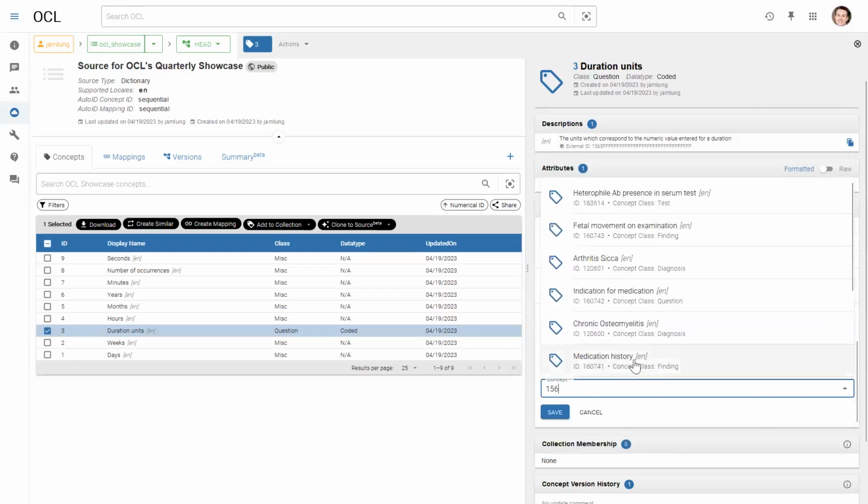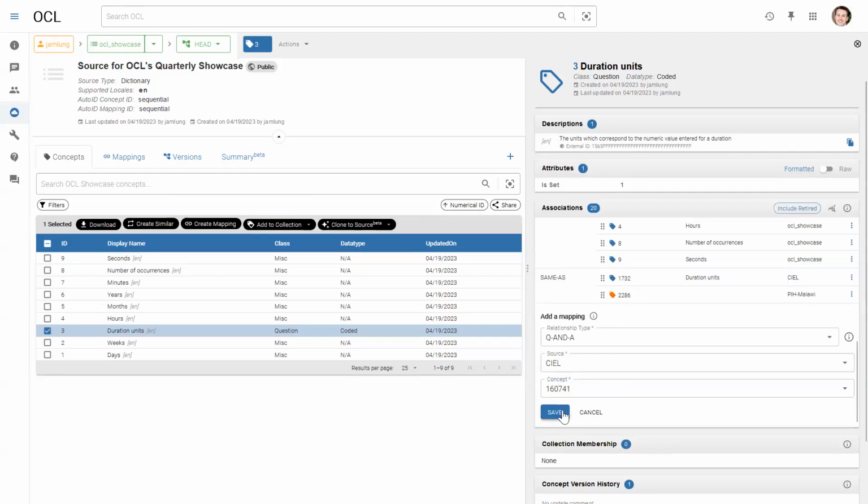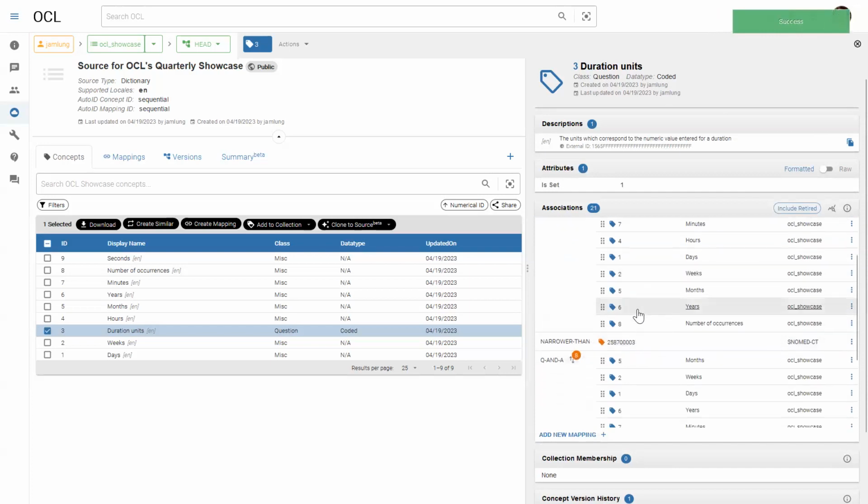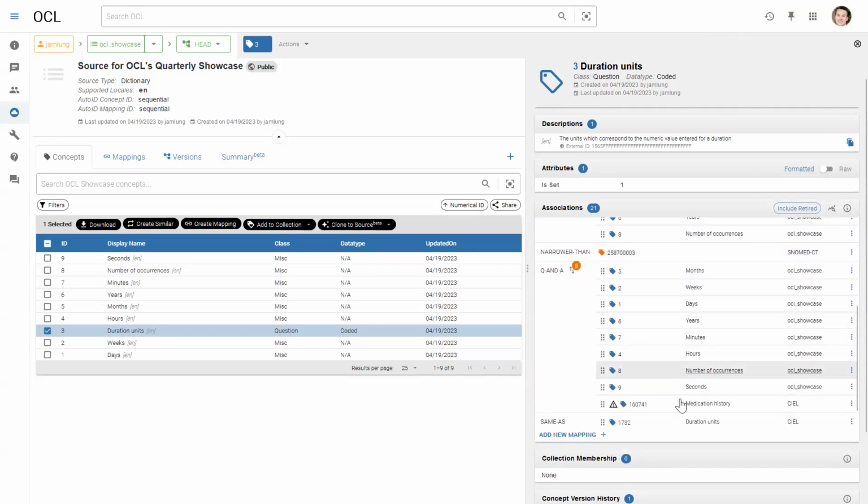So clinically, this isn't going to make a lot of sense, but I'm going to pick this medication history concept, and then I will hit save. And then we're going to see that that concept has now shown up in my Q&A list. And this will actually get me into the next demonstration, is that we've now quick added a mapping, but sometimes